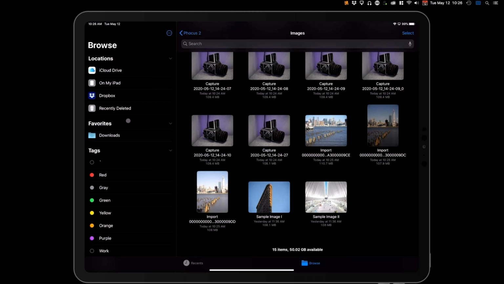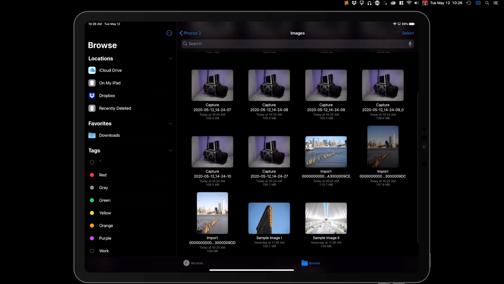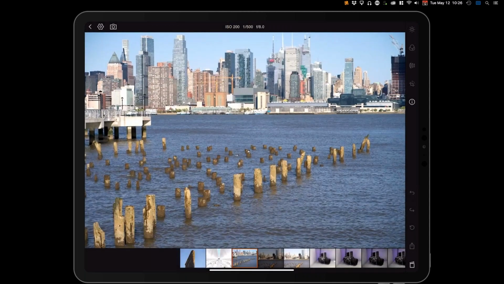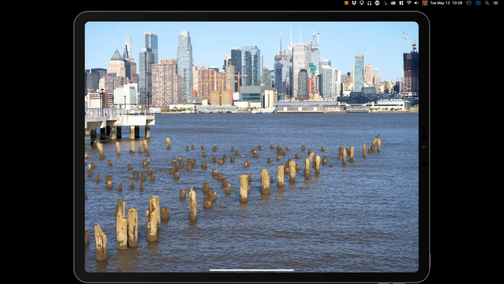Likewise, because the latest release of iPadOS supports external storage devices, I could plug in a flash drive or an SSD and drag that image over to these storage locations as well. So it's a really neat and simple way of making sure that you also have the option to back up your files as you import. So I'll go and open up an image here, and we'll run you through some of